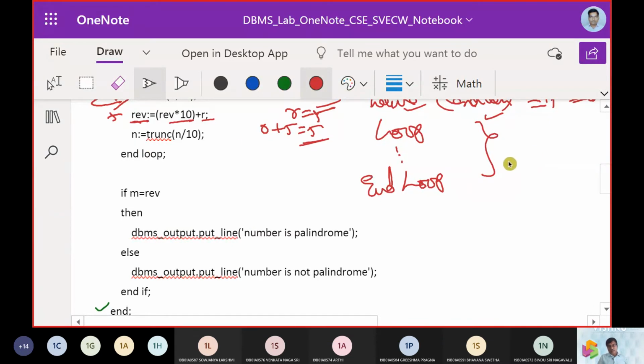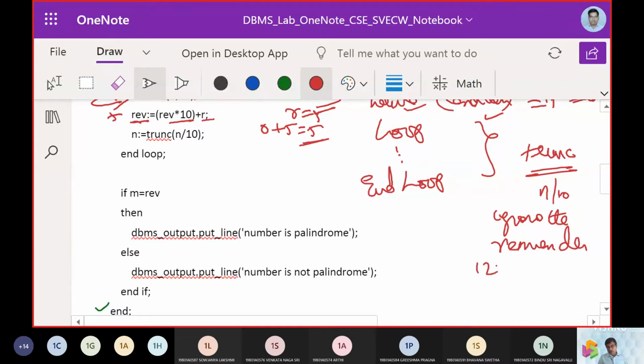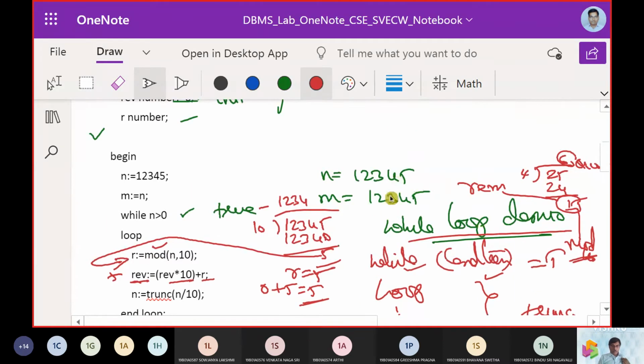Next one, you are truncating the content, that is, you make a division and ignore the remainder. What happens? The number we had taken was 1 2 3 4 5.